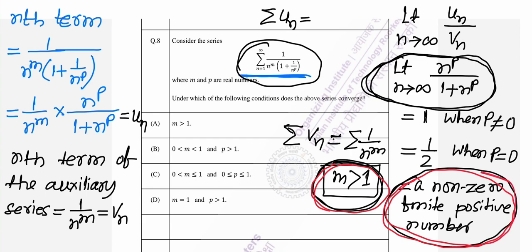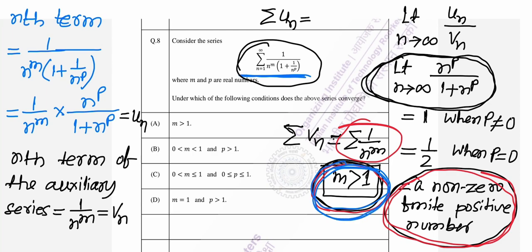You see m is greater than 1 irrespective of the value of p. So for the convergence, since this series is convergent for this value,